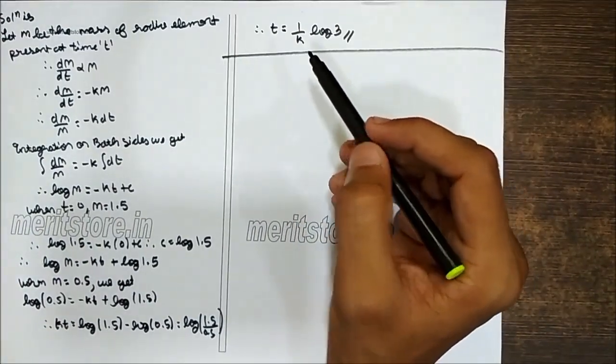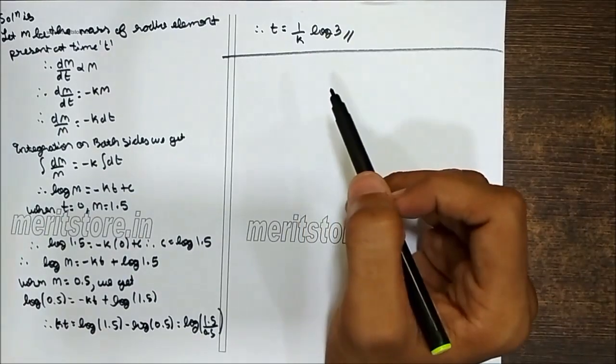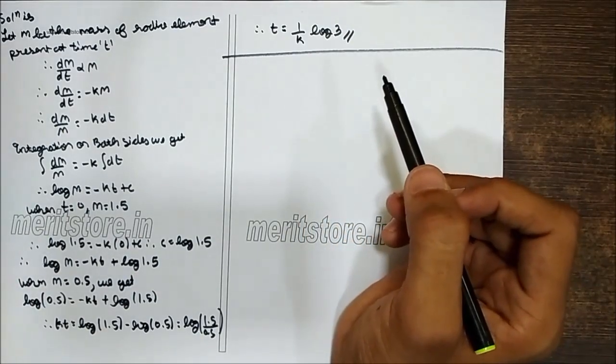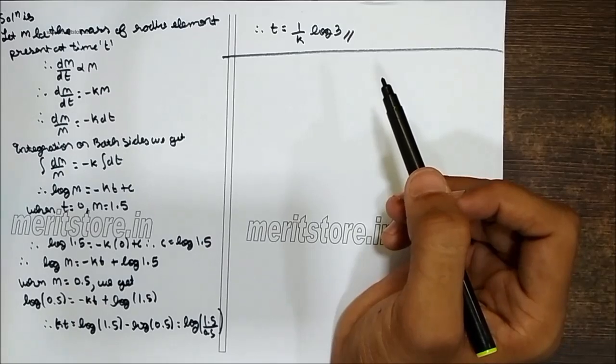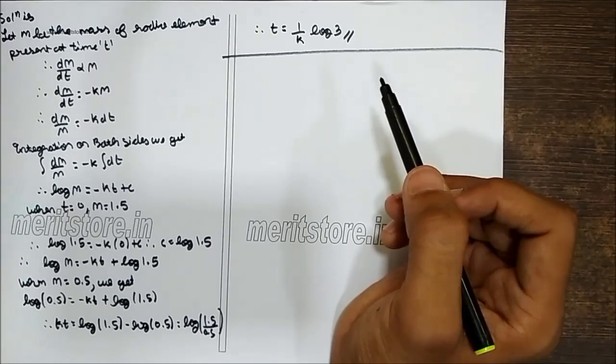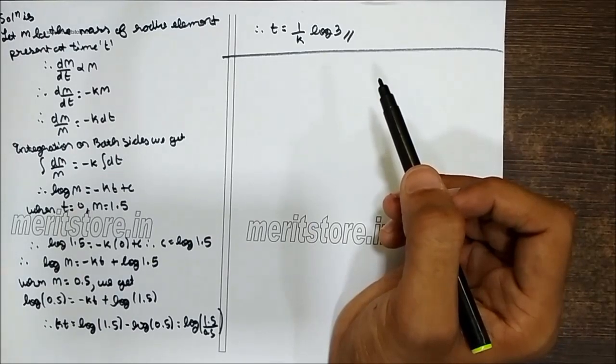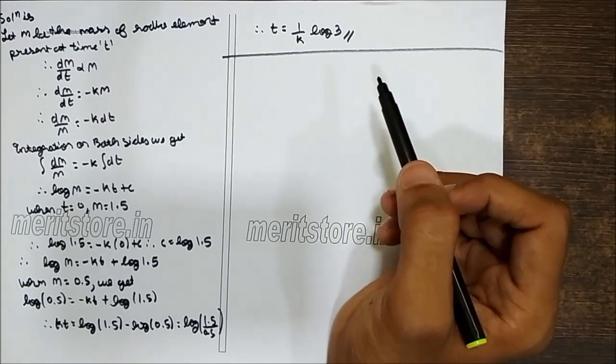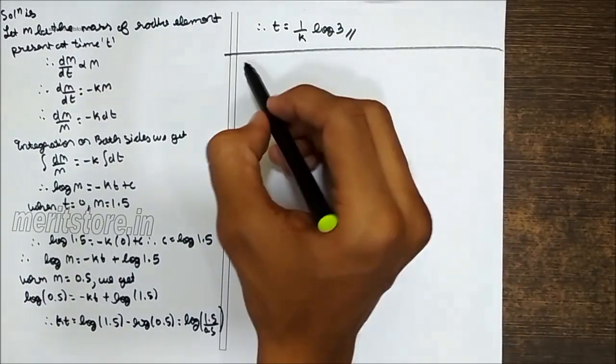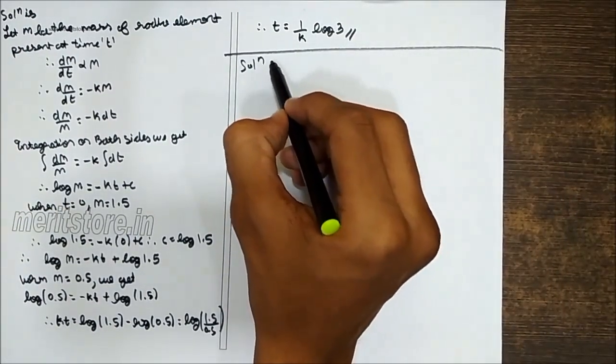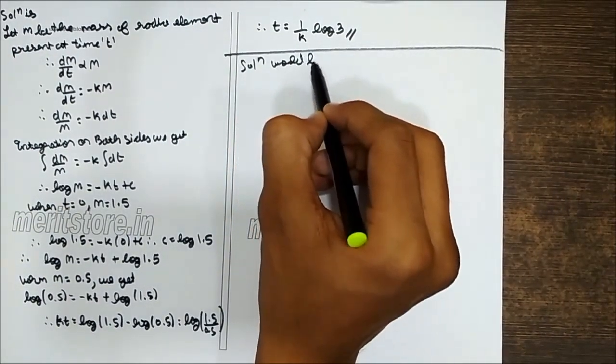Let's take another example. Find the population of a city at any time t, given that the rate of increase of population is proportional to the population at that instant, and that in a period of 40 years the population increased from 30,000 to 40,000. So the solution would be,